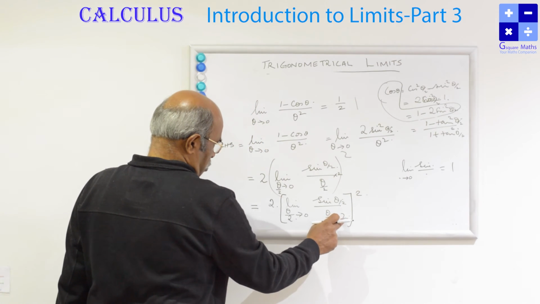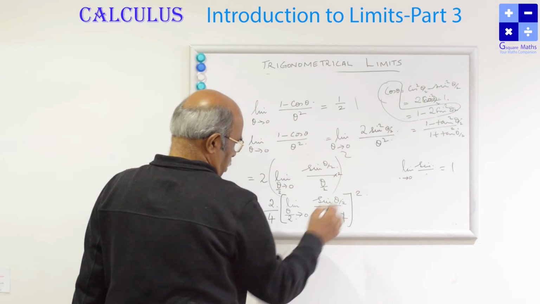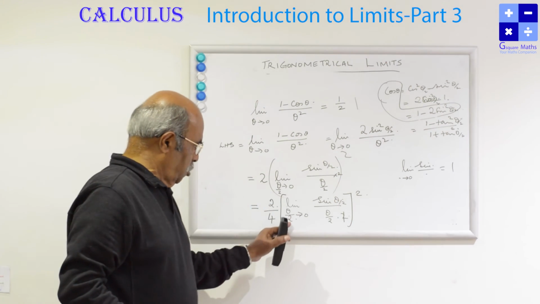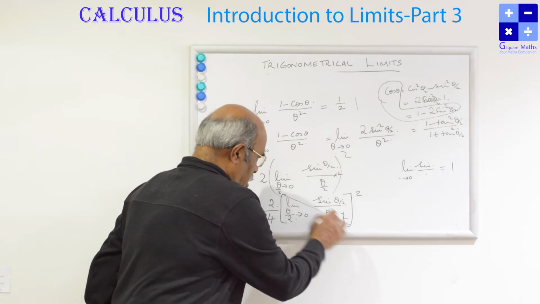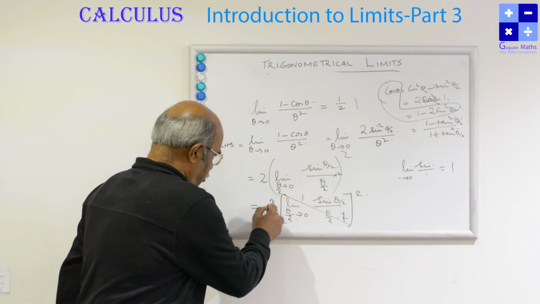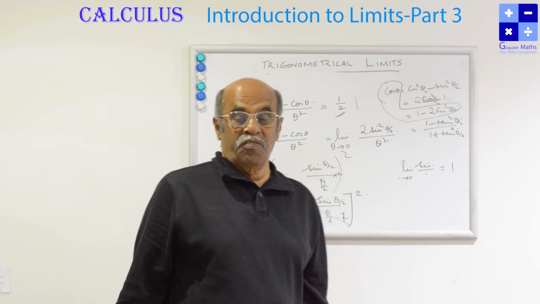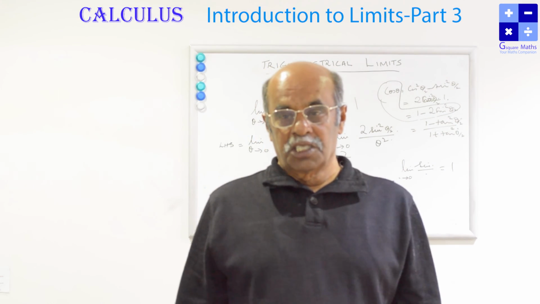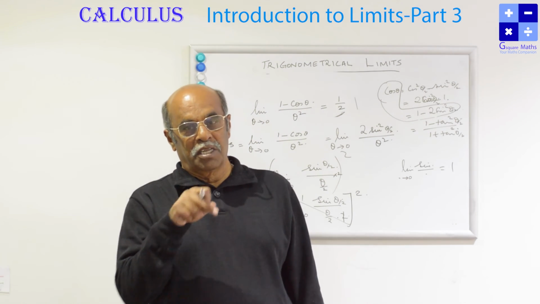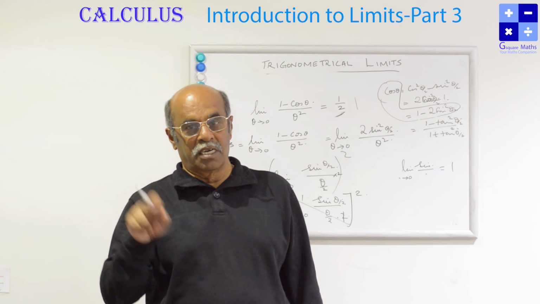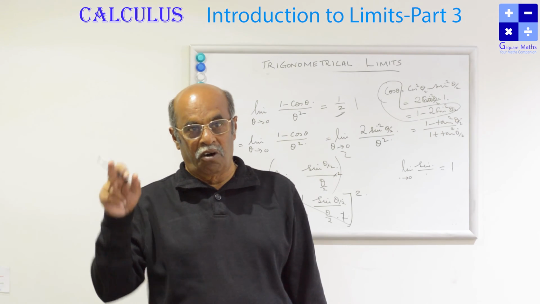Again, I am going to take 2 outside the square, so it will come here as a 4. Now, limit dot tends to 0, sin dot by dot is 1, so the whole thing will become 1. And this 2 and 4 will get cancelled. This 2, the value is half. In the standard formulas, limit theta tends to 0, sin theta by theta is 1 is the main formula. The corollary to this is limit theta tends to 0, (1 minus cos theta) by theta is 0. And limit theta tends to 0, (1 minus cos theta) by theta square is half.